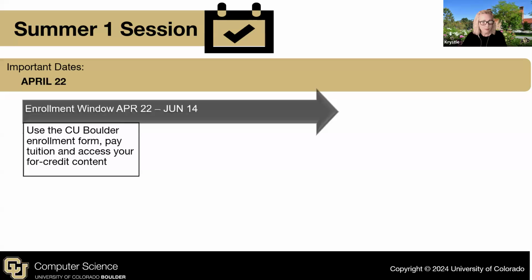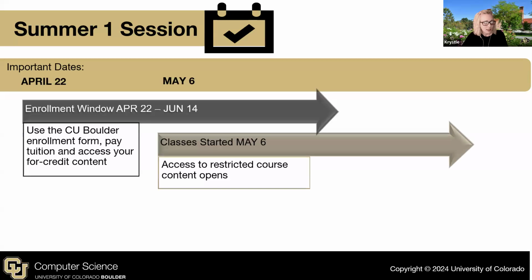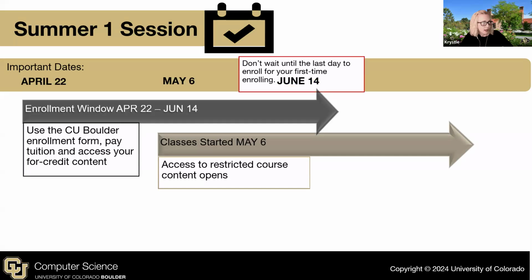Classes started on May 6th, and that's when all of the restricted content opens to students. So you can enroll early, but you won't have access to restricted content to finish the course until the day that classes start. Like I said, don't wait until the last day to enroll for credit, because you'll have those